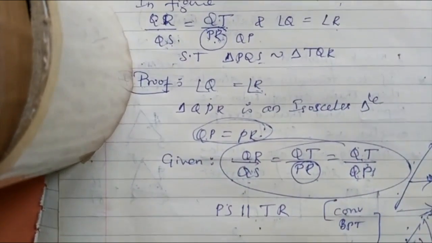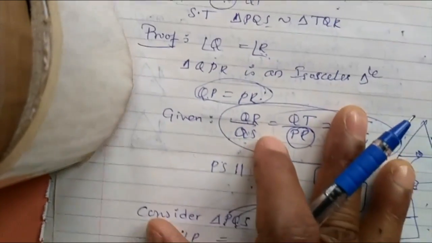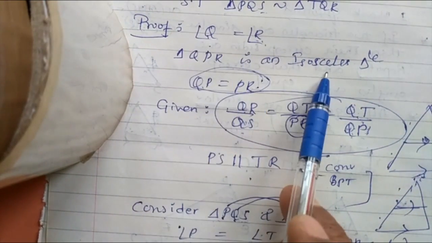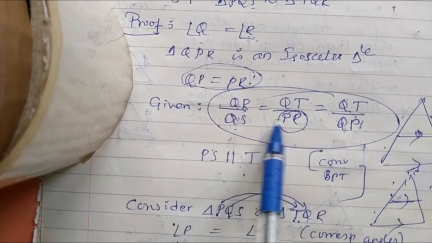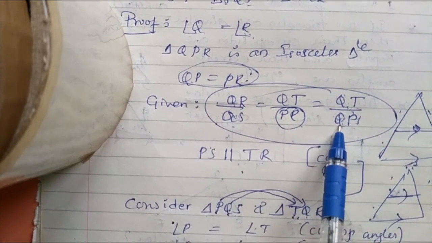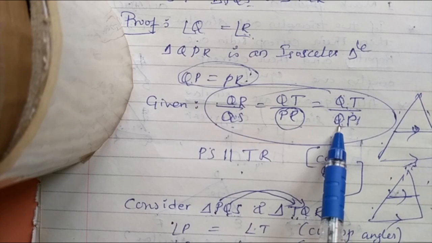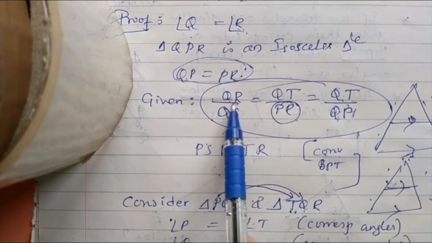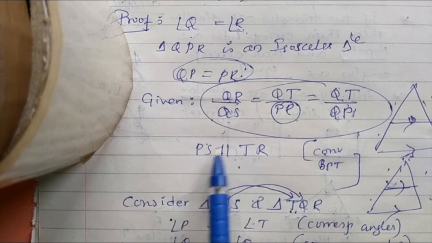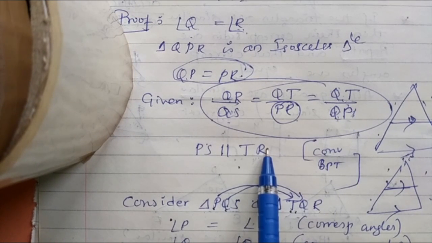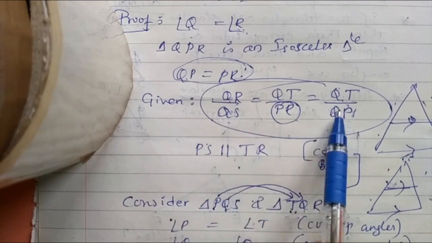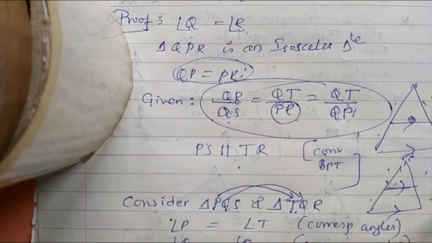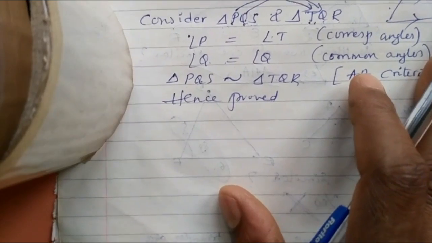So like this, make use of the given hint in the right way. Two angles are equal, so it becomes an isosceles triangle. From the isosceles triangle we got one ratio. In that ratio, PR is replaced by QP because sides opposite equal angles are equal in an isosceles triangle. Then from the BPT concept, when two ratios are equal, the lines are parallel. BPT says that when lines are parallel, sides are in ratio. Its converse is used here.